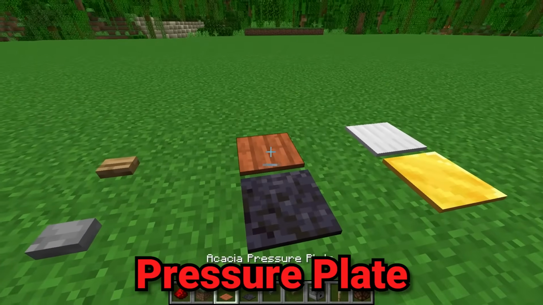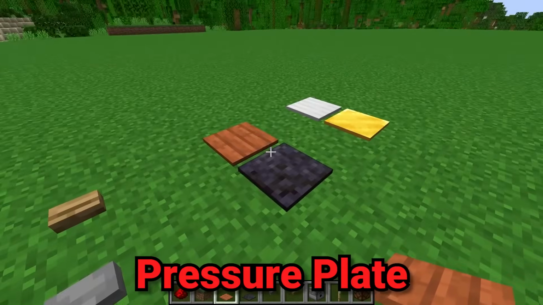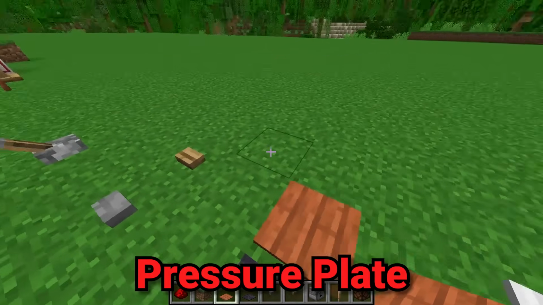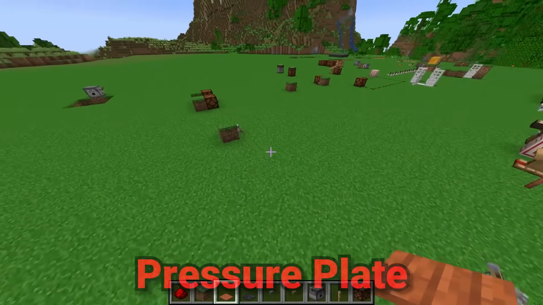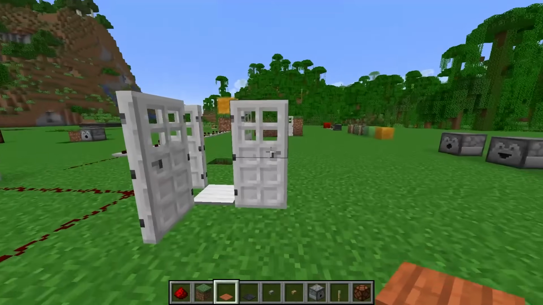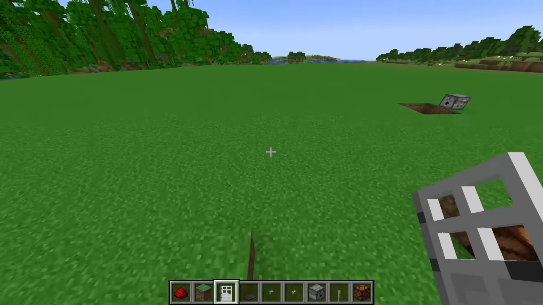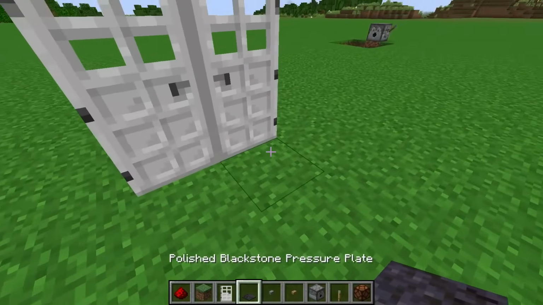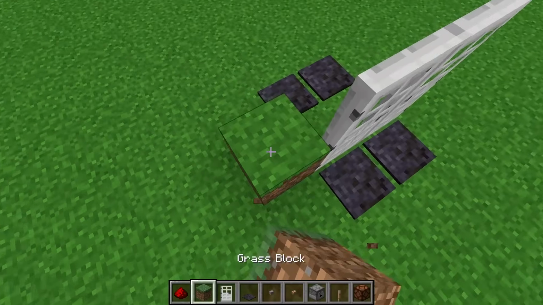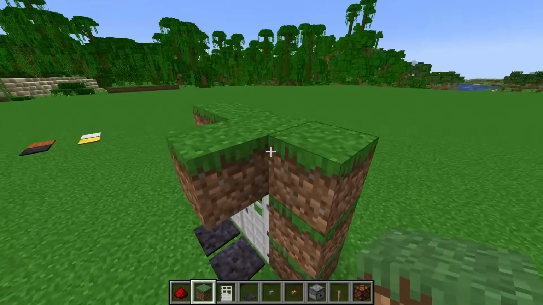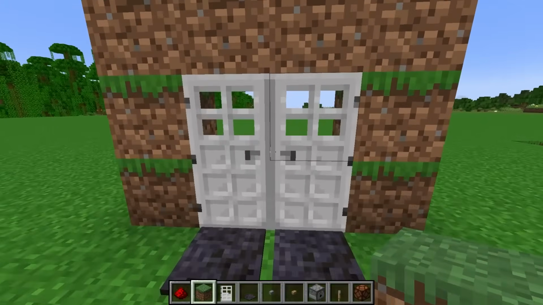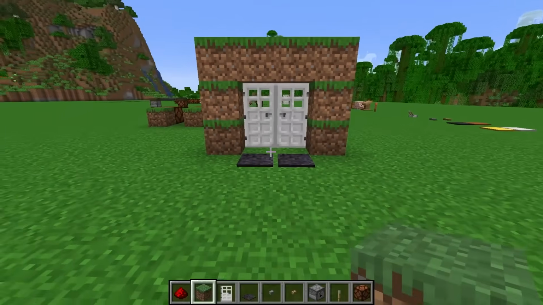Next we have the pressure plate, which is almost the exact same as the button. And for these, the stone and the wood ones actually have the exact same duration that they're pressed down for. What this could be amazingly useful for is something like, let's say, an automatic door. Just go to the front doors of your house, put pressure plates on the inside and outside. Let's say this is your lovely grass dirt wall here. You just go through here just like this, so it automatically opens it up for you